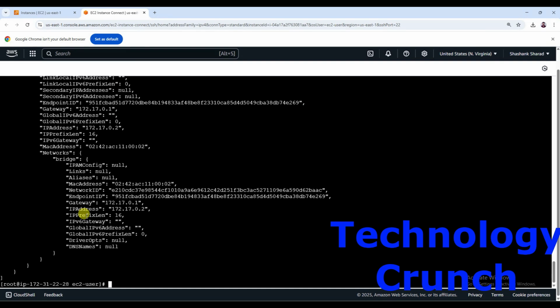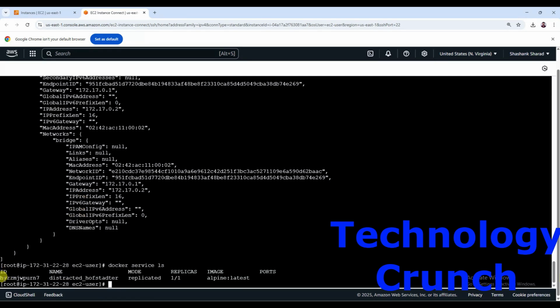So the command will be docker service ls. Firstly, we need the service id. This is the service id. Then the command will be docker service update, since we want to update the number of tasks or containers under the service. Then the service name or id. Let me add the id, which starts with hvz,